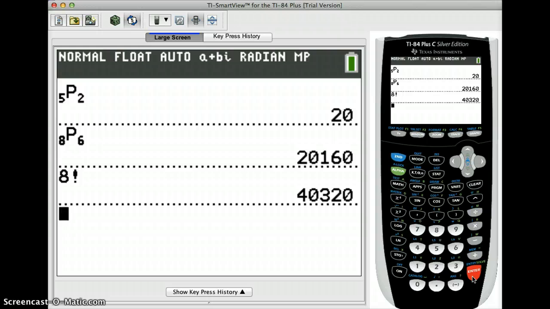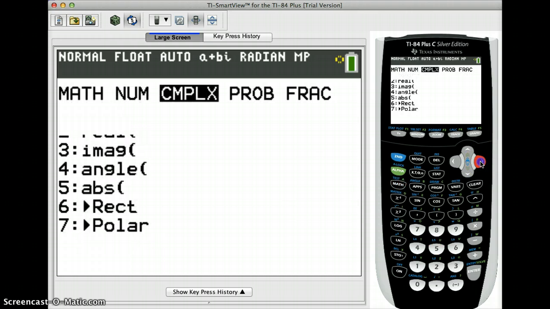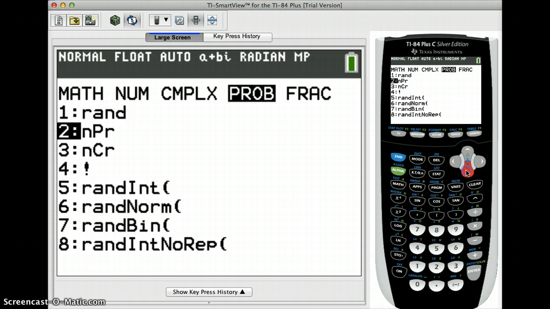Okay, the last thing is some of the combination problems, especially the one that was at the end of one of our slideshows where you had to multiply 2 combinations and then divide by another. You just want to make sure you use parentheses around the whole top and around the whole bottom. So you do an open parenthesis, and then let's just say it's 5C2, so 5, and then go to math, over to probability, go down to number 3,